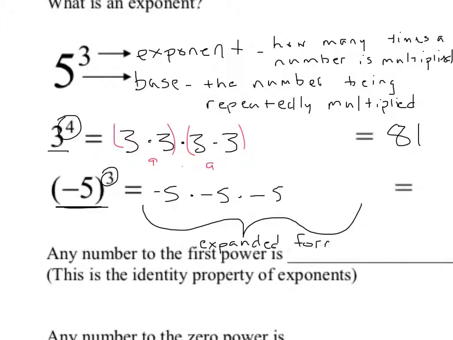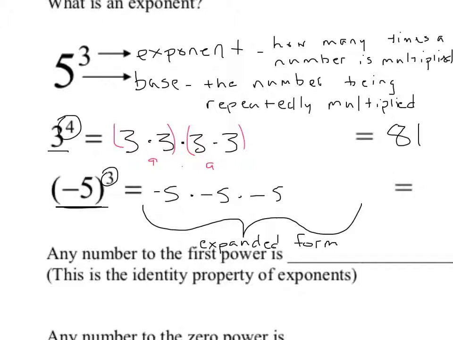So if we're ever asked to write an exponent in expanded form, all it's asking us to do is take the exponent and write it out with its repeated multiplication. Let's go ahead and make sure that we find the value for this. Negative 5 times negative 5 times negative 5. So negative 5 times negative 5 is 25 times negative 5 is